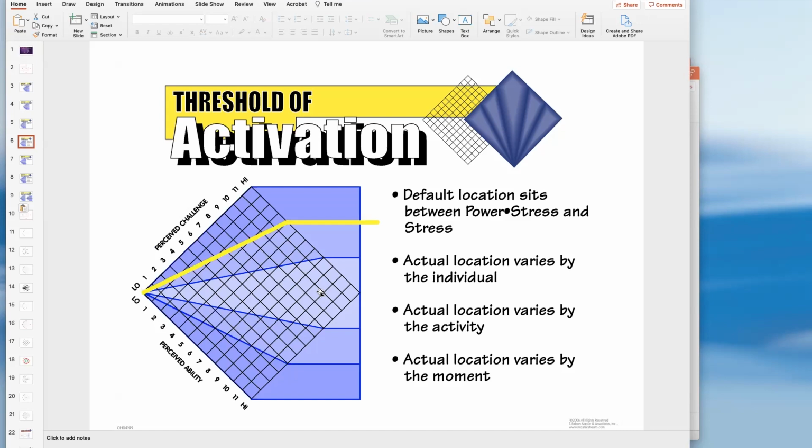So there are two ways to increase tension. Well, there are many ways to increase tension, but raising the challenge or lowering the ability would seem to be kind of a negative approach, or an adversarial approach with an individual. So how do we get that tension? We just focus on the challenge? Well, we can focus on the